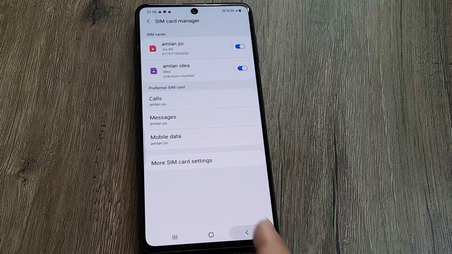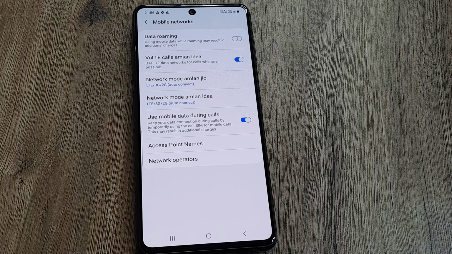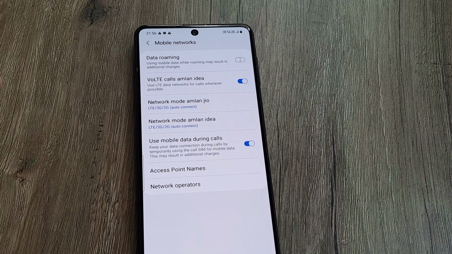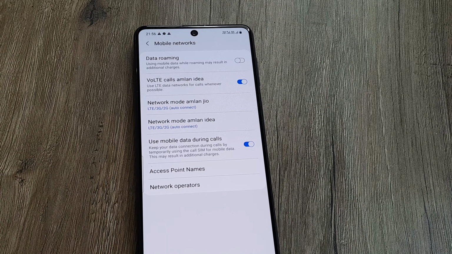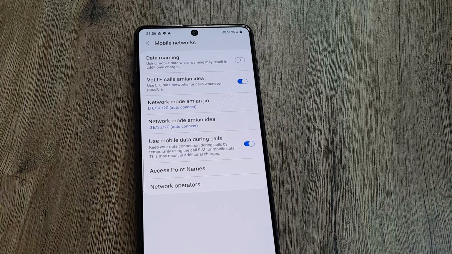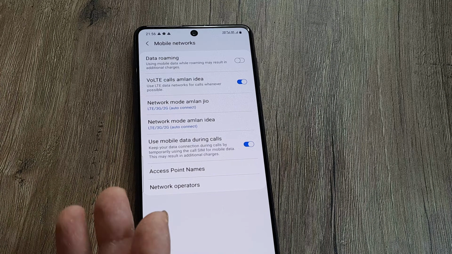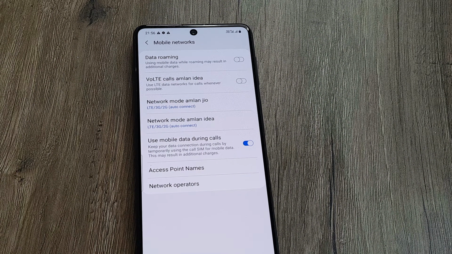I also want you to check whether the networks have been properly assigned. Sometimes the network is not properly assigned, so you need to assign the proper network so that the SIM is able to use it for making calls. Sometimes turning on voice over LTE may make it difficult if there is no available network, so you may want to turn this off just in case.